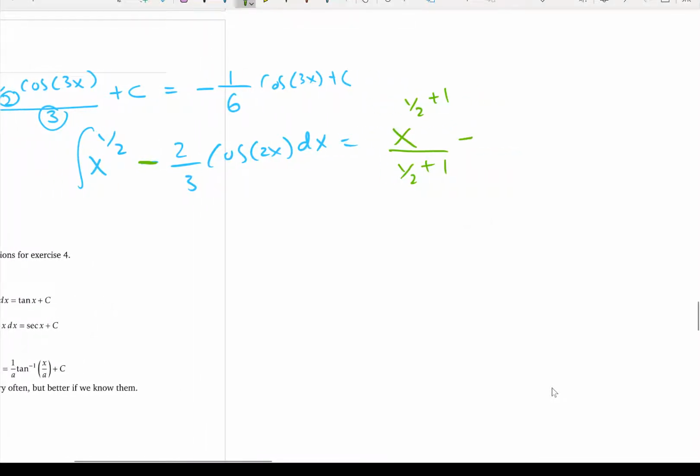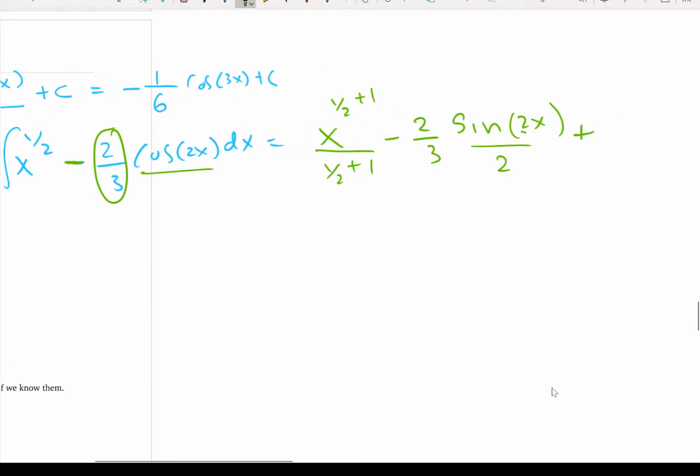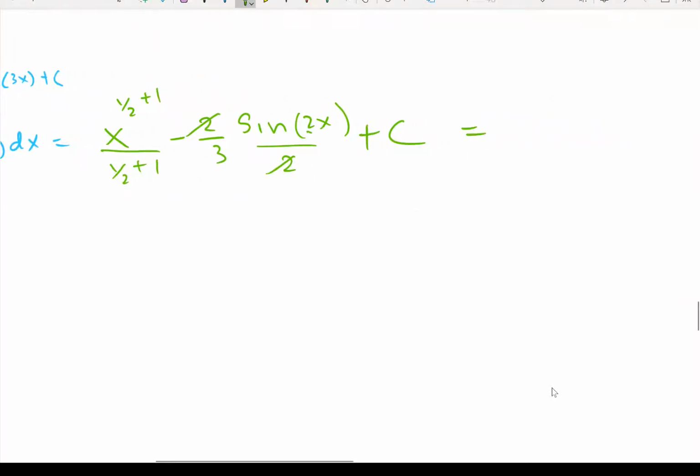Minus, so if you integrate cosine, 2 over 3 comes for free because that's the constant that multiplies the total function. If you integrate cosine, you get sine, no negative, and also you have to divide by 2, don't forget that, and plus c, of course. So the 2 cancels out, and let's see what we get. Here x to the half plus 1 is x to the 3 over 2, divided by 3 over 2, minus 1 over 3,